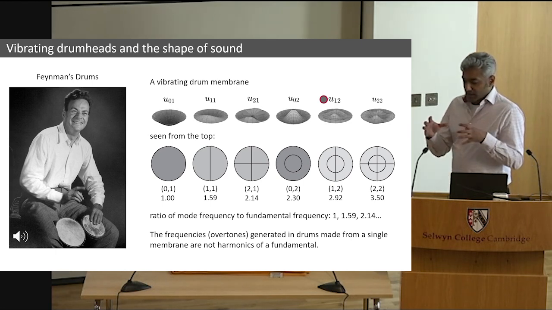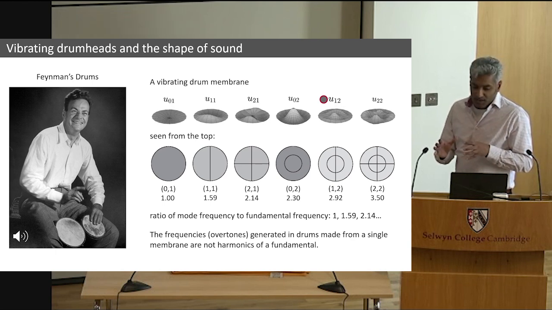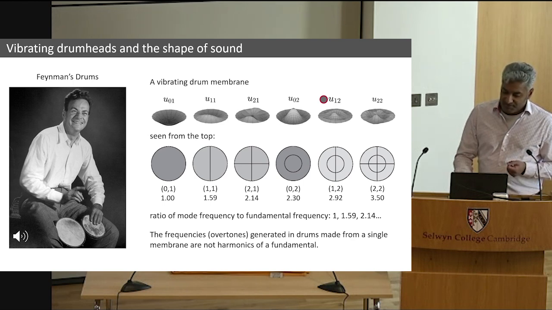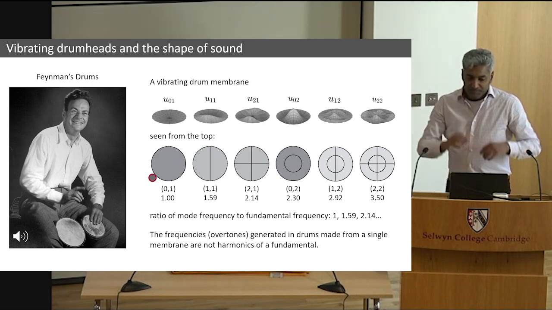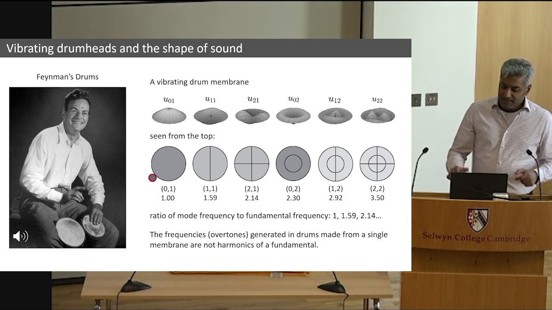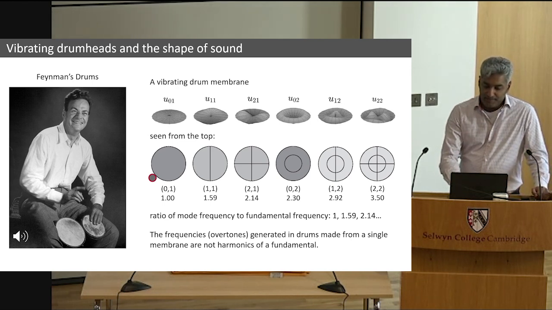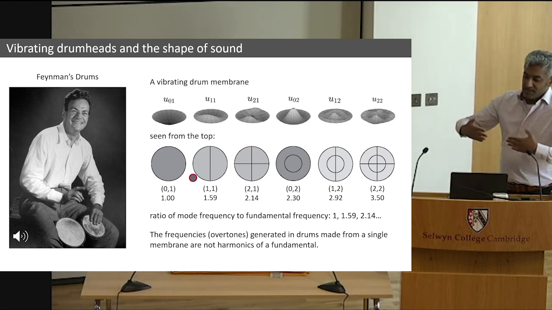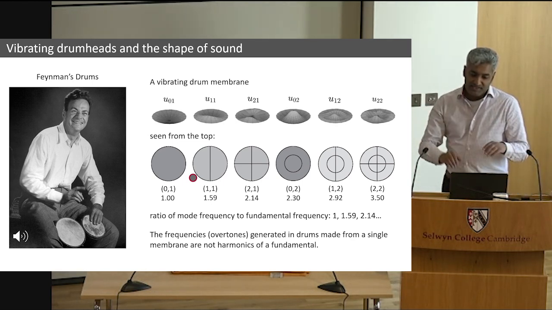If you were to take a look at the membrane from the top, you would find that there are some segments of the membrane which do not move, and these are called nodal lines or nodal circles. So for example, in this operation of the membrane, as it moves up and down, the region that does not move, as you can see, is the rim of the circle. The rim of the circle remains stationary over there. If you look at this mode of vibration, you've got a central line, a line that dissects the drum head, and that remains stationary while you have motion of the membrane on either side.